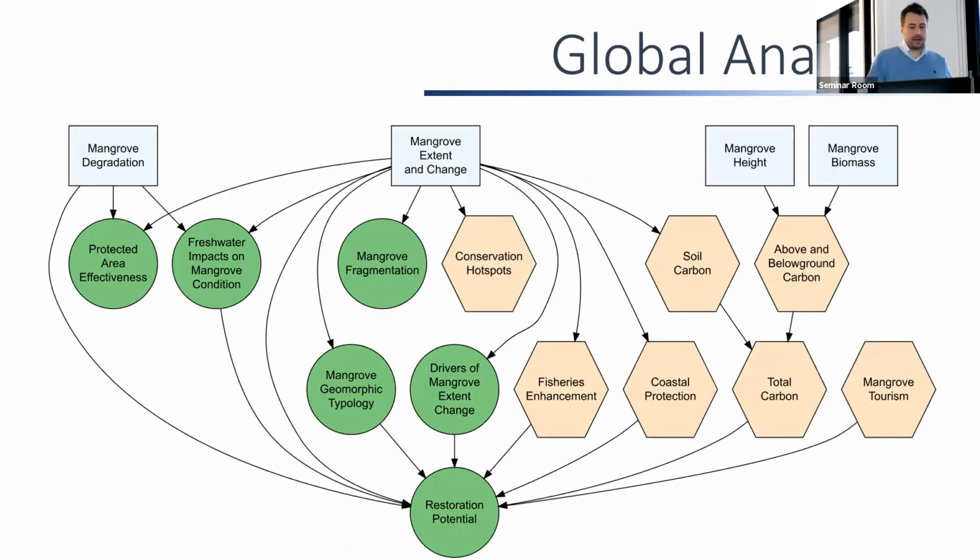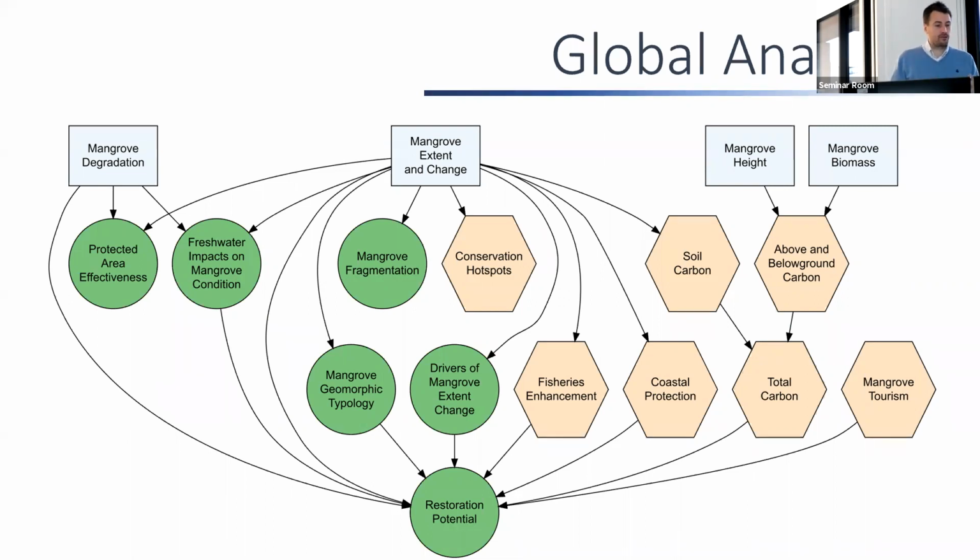The key figure of this paper is the one that I'm showing here. What it shows is the linkages between all these different data sets. If we start on that top layer, in those blue boxes, these are what I like to term the foundational data sets. These are the things that we need to know in order to do analysis of conservation or restoration or ecosystem services. These are key things like the extent of mangroves and where they've changed over time, their degradation, so what their condition is like, and their structure, things like their height and their biomass.